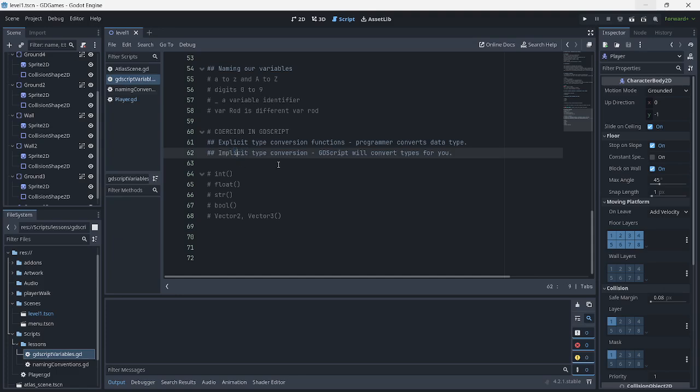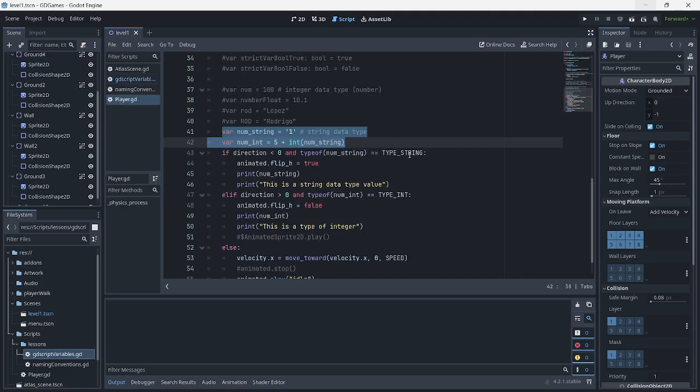With regards to implicit type conversion, this is JavaScript converting types for us. This is especially something that we might encounter when we are performing arithmetic operations between integers and floats. The JavaScript language will be the one to handle the conversion for us. So let's try to explore this.